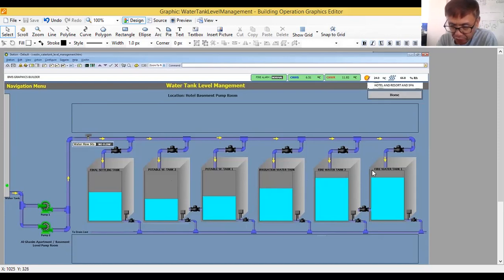Then I have here two fire water tanks. The most important water tank here is the fire water tank. As you can see, the level of the fire water tank should always be at least full, so that in the event of fire, because in this project we have stationary pumps, these two water tanks will supply water in case there is fire in the building.